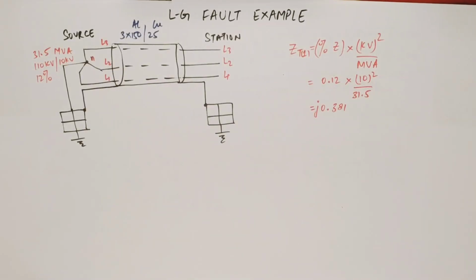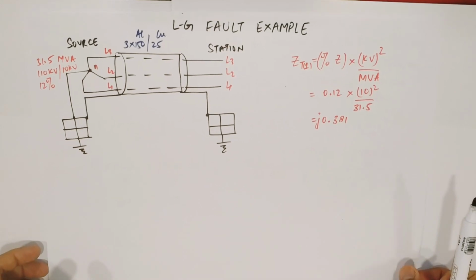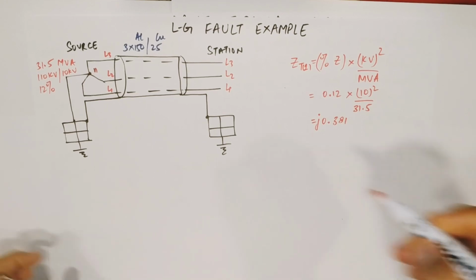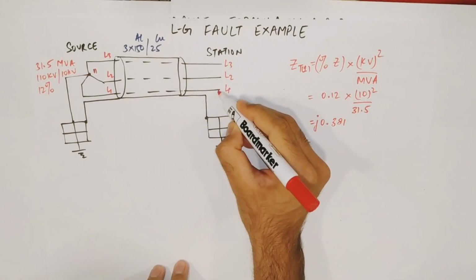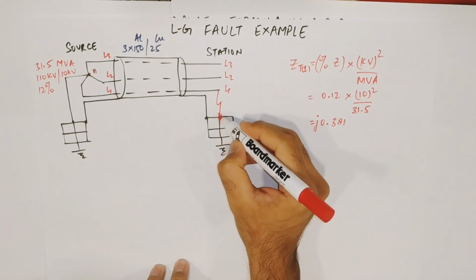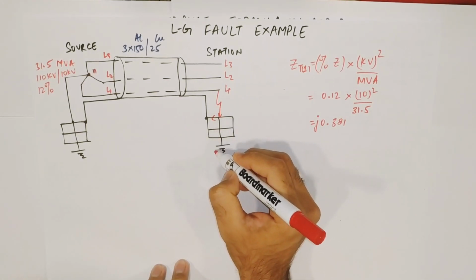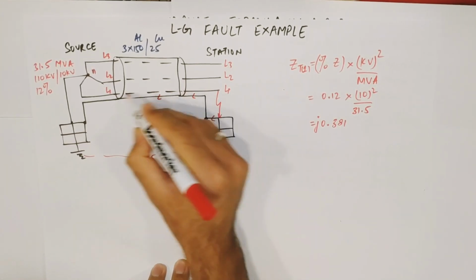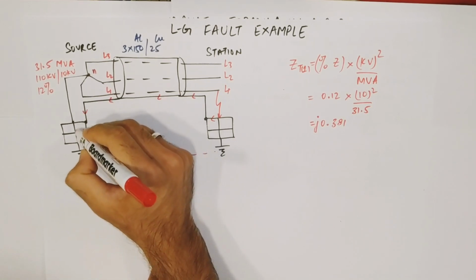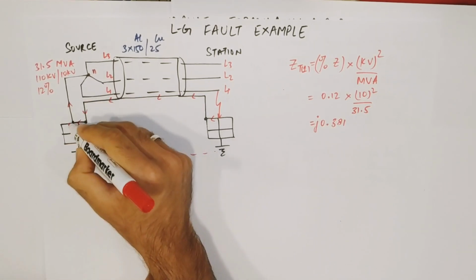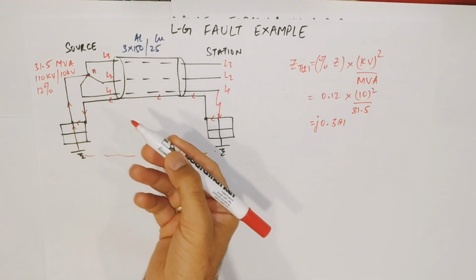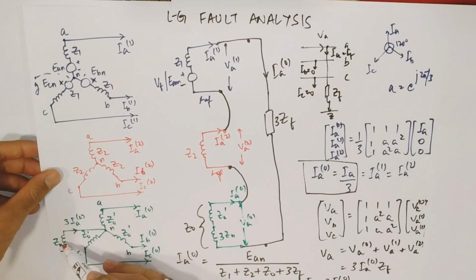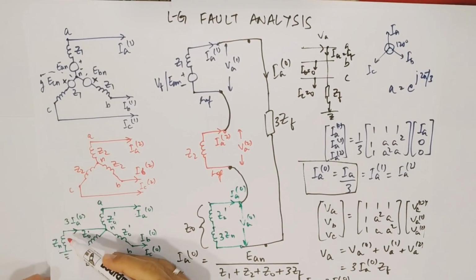Now let's check the example, which we saw in my first lecture. We saw that there is a source. Suppose this is your station, and suppose there is a fault from here. Current will be flowing; some current will flow through the earth, and some current will flow through this sheath which is earthed on both sides, and then this current will enter here. Now as this is solidly earthed, the impedance taken is 0. That's why I said initially that in case this Zn here is 0, and that's why mostly this Zn is generally taken as 0.